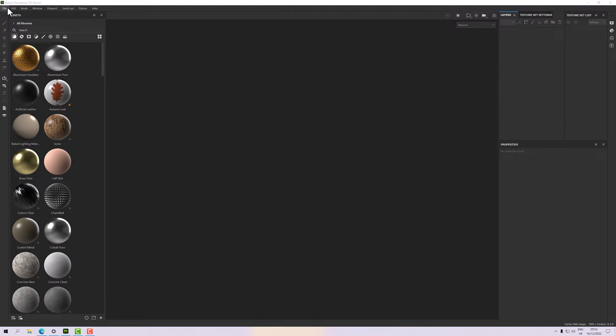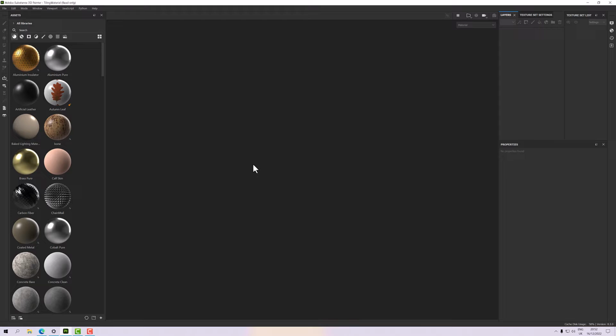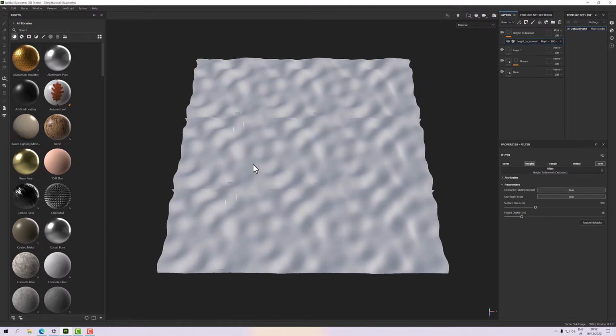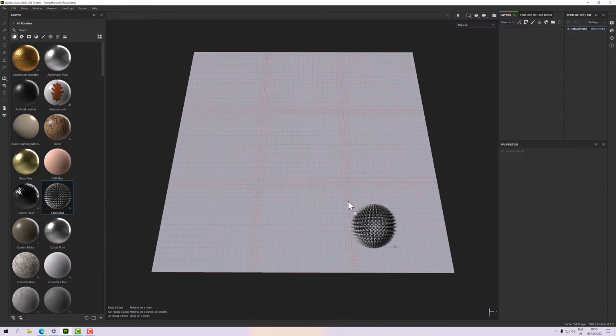So I'm going to start off with a quick look at the tiling material sample. Just come up, there we go. If I delete all these out, is it going to select them? There we go. Okay, so I have this terrible chainmail material that I made, and if I drag and drop that on, you'll